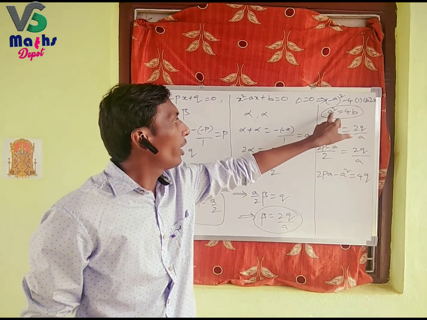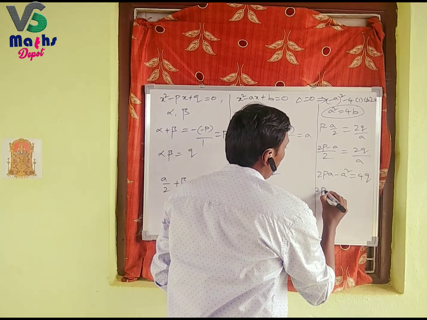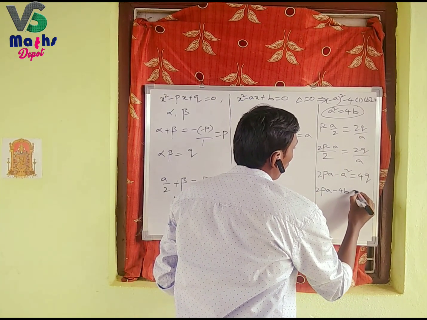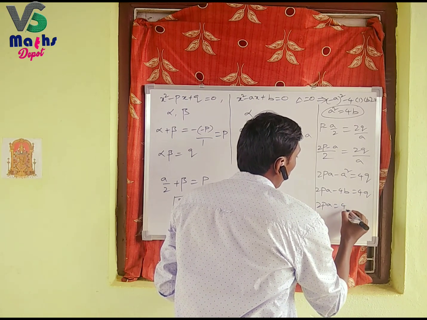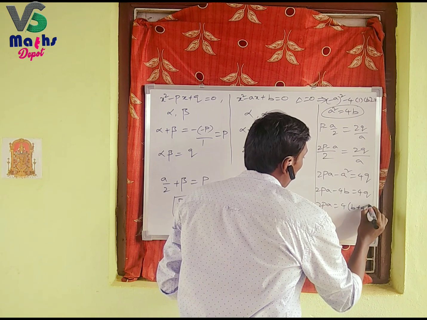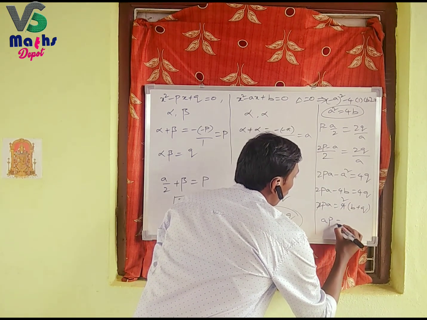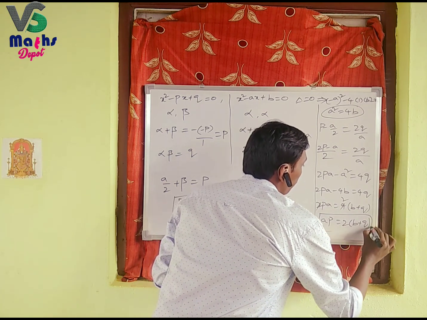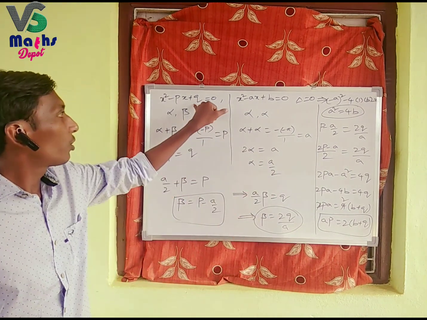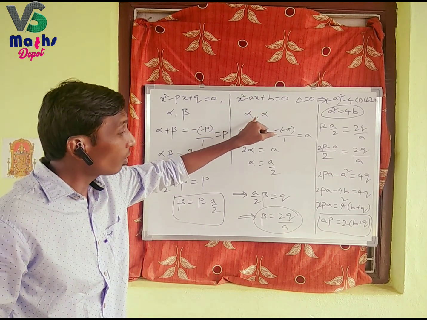Put the value a square is equal to 4b here. Then 2pa minus 4b is equal to 4q. 2pa is equal to 4 into b plus q. Dividing by 2, ap is equal to 2 of b plus q. This is the condition. If these two quadratic equations have a common root and the second quadratic equation has equal roots, then the condition